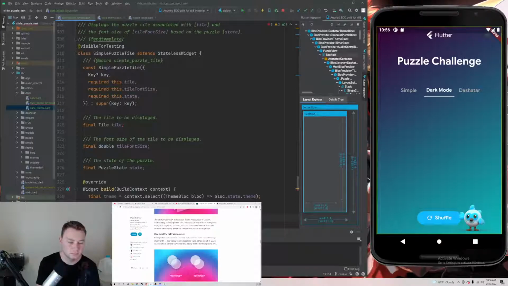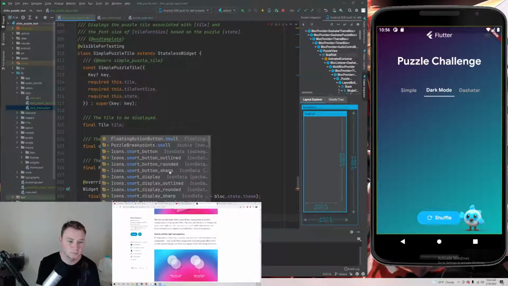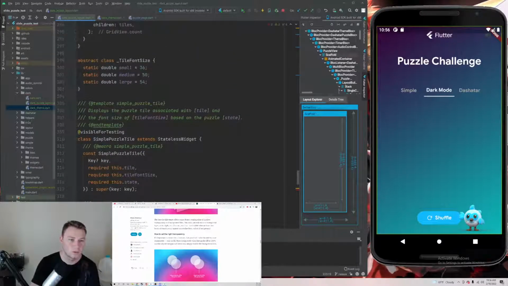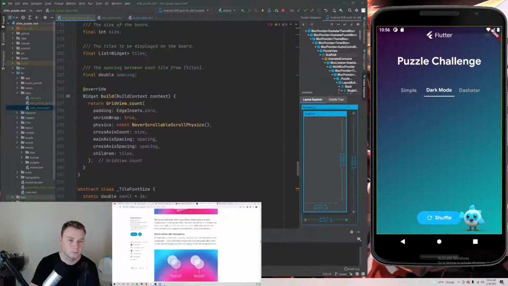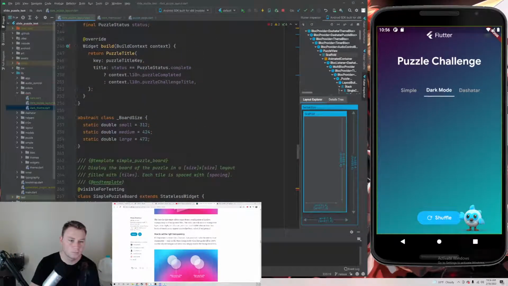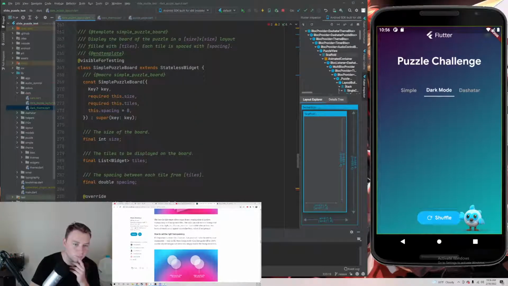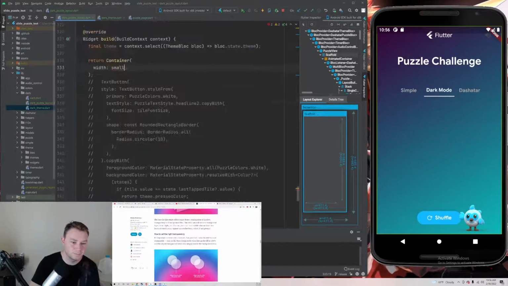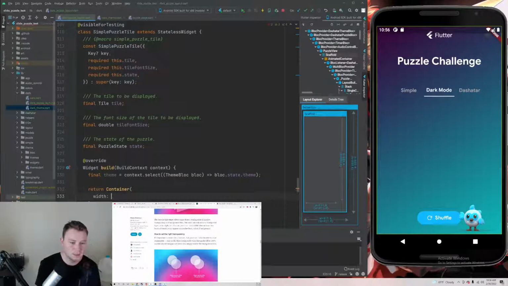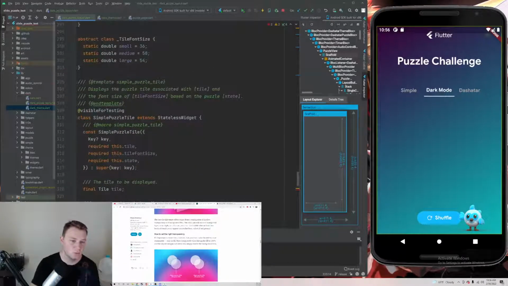Width. Oh, so it passes size. So we're gonna do width and then take